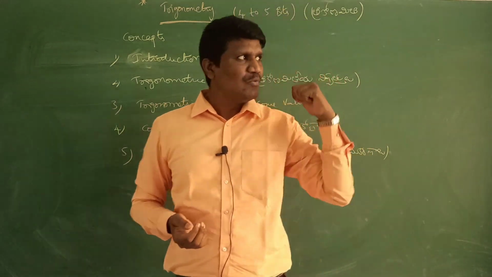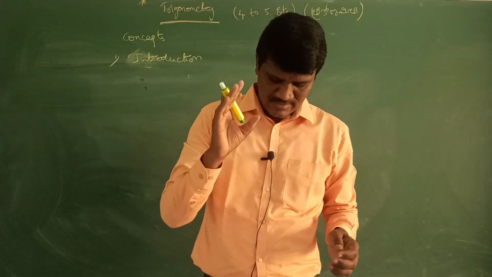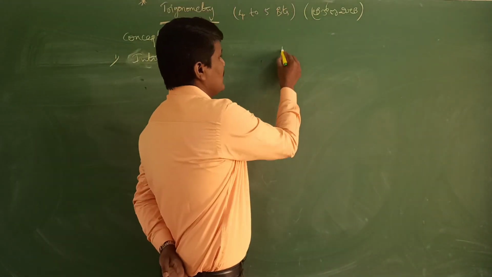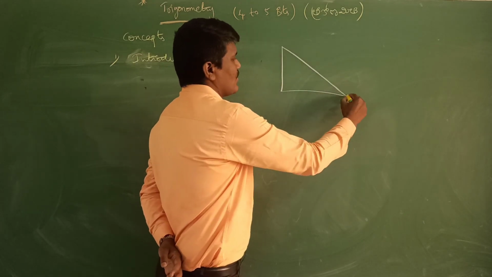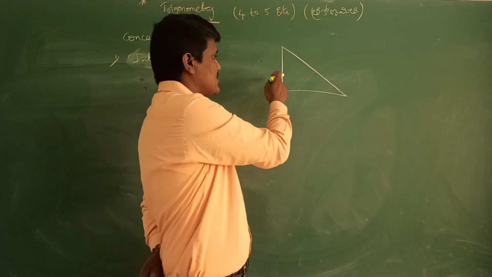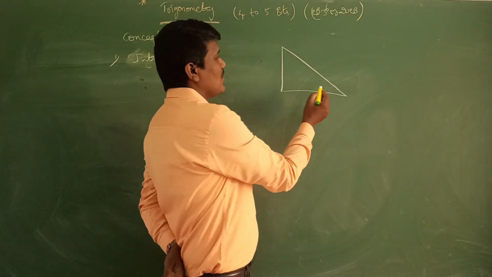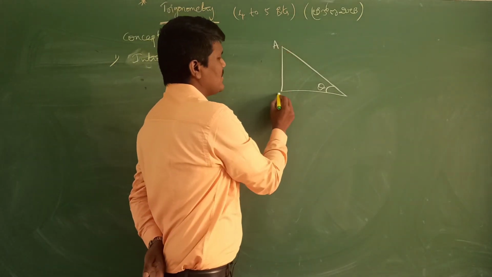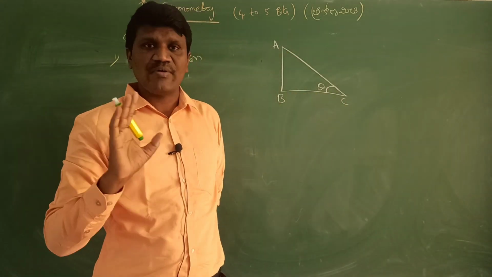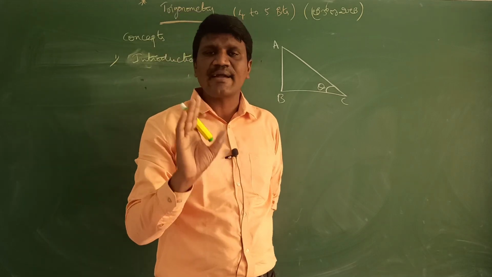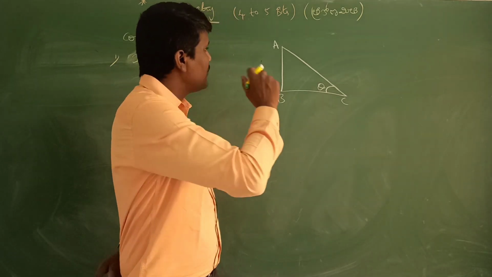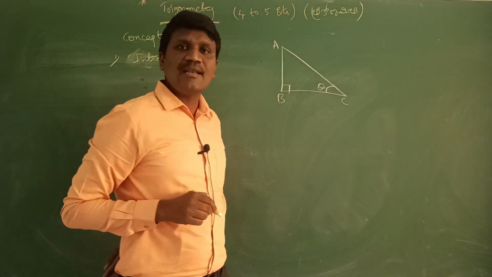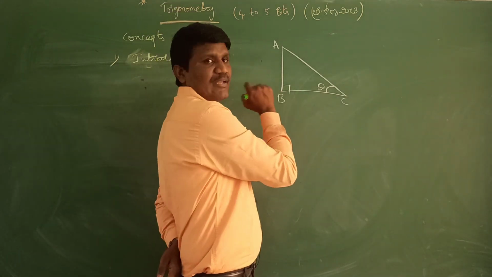Okay students, now you know what is trigonometry. It is definitely based on the right angle triangle only. So in a right angle triangle, first we should know the names of the sides. Suppose here it is an angle theta. Suppose ABC is a right angle triangle. Whenever you get trigonometry, it will be a right angle triangle only up to 10th level. Now ABC is a right angle triangle where the angle is 90 degrees at B.